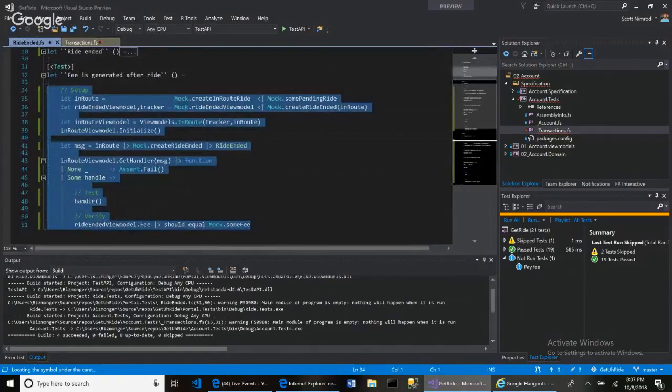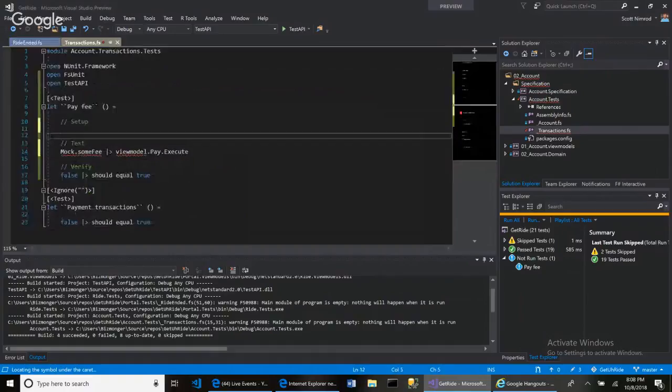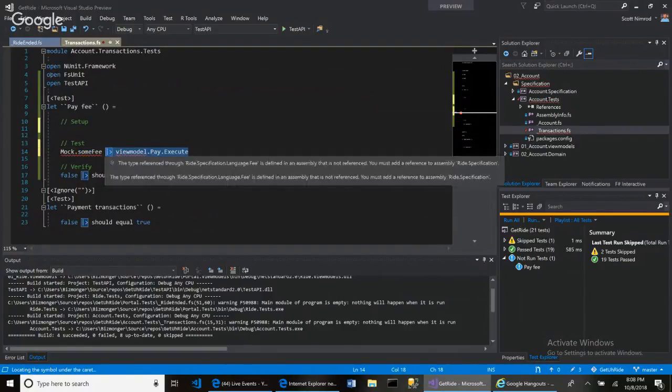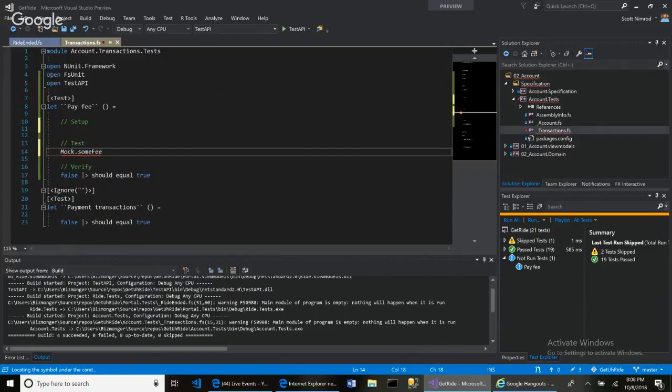Should I invoke a pay function or a pay method with a fee, or should there be a pay method that just gets executed because there's an event saying that there's a fee? I kind of like the messaging part of it. This view model pay execute, in a way, shouldn't be done. I think this should really be event-based. Well, so I don't think this is related to a view model, but I do think that this is related to